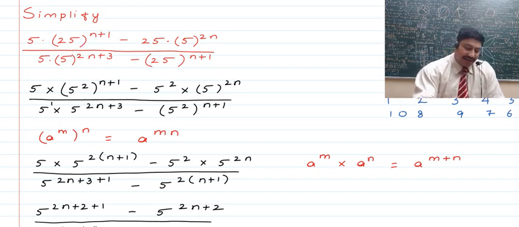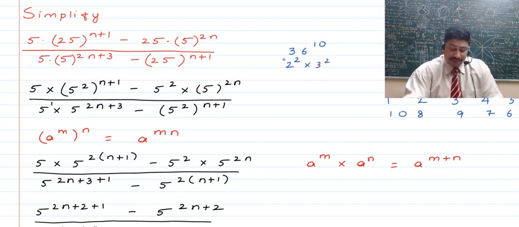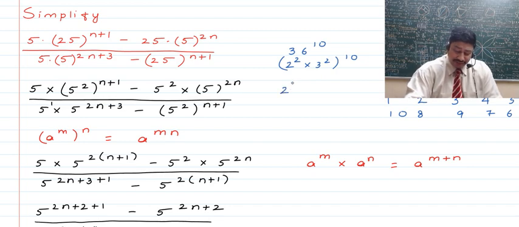So here I'd like to tell you one thing, that if suppose we have a number like 36 which is raised to the power 10, so this can be written as 6 into 6, and 6 can obviously be written as 2 square into 3 square, right? So we'll have 4 into 9, that is 36, and now this number has been written as a product of the prime numbers, and thus this can very easily be simplified, and its whole power is 10, so we can write this as 2 raised to the power 2 into 10 into 3 raised to the power 2 into 10, or in other words we will have 2 raised to the power 20 into 3 raised to the power 20.